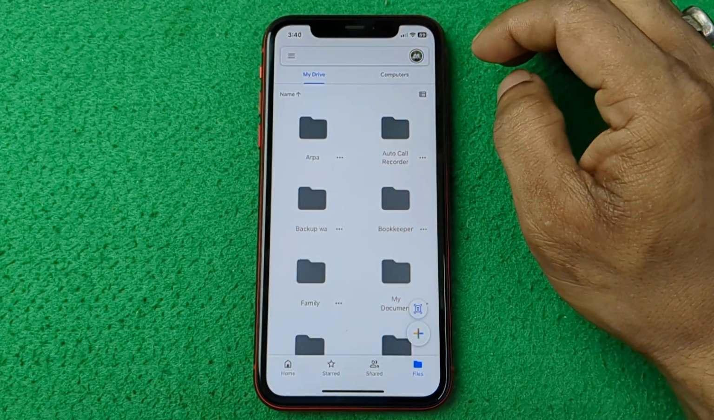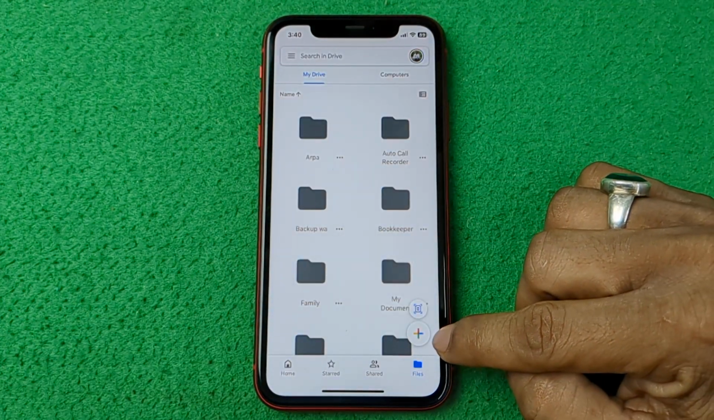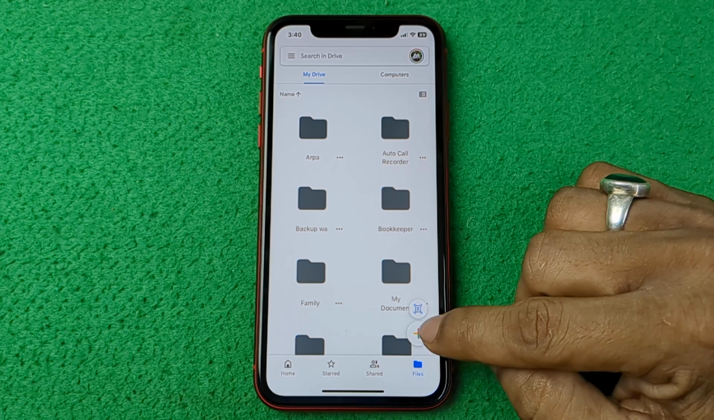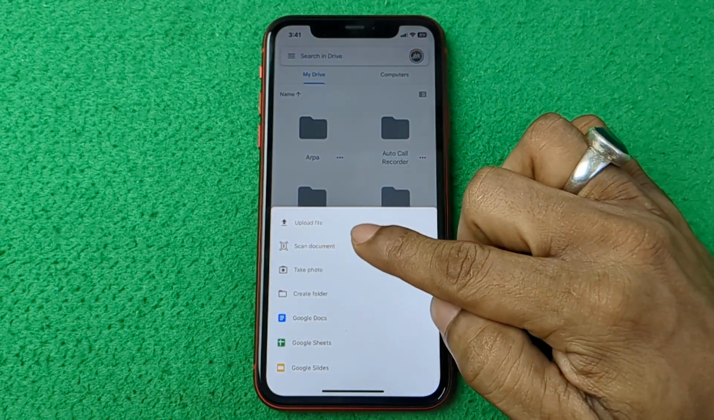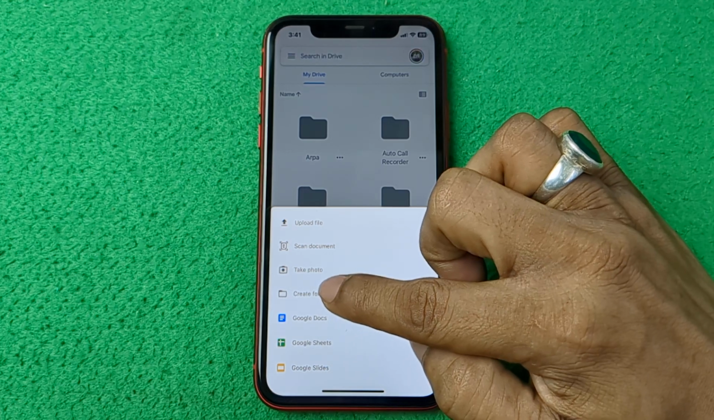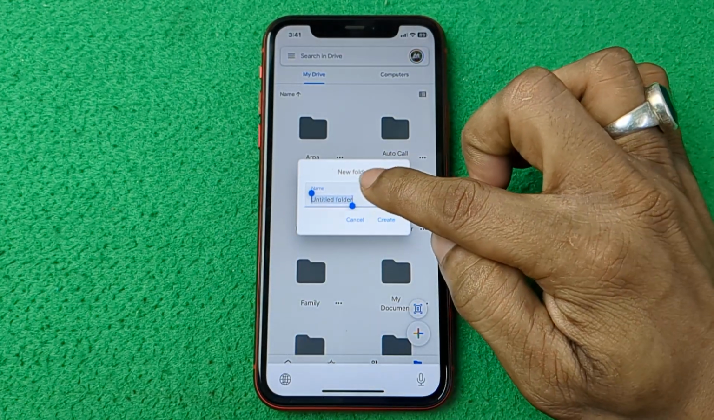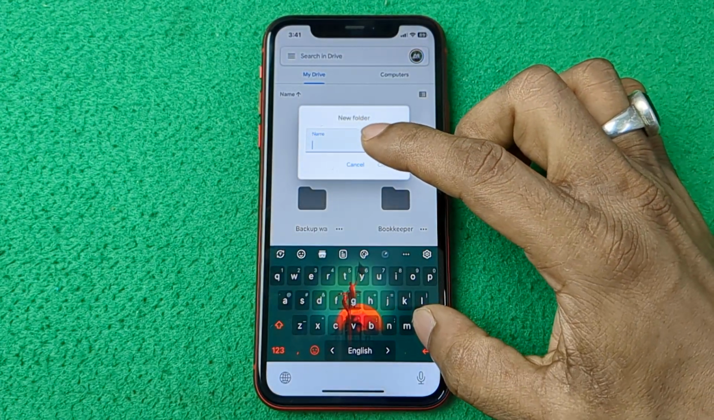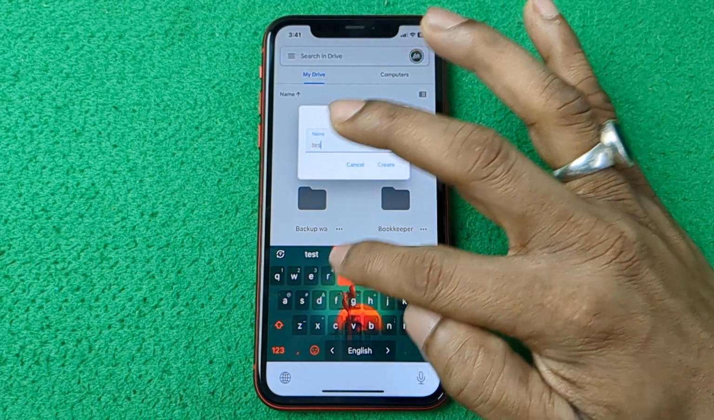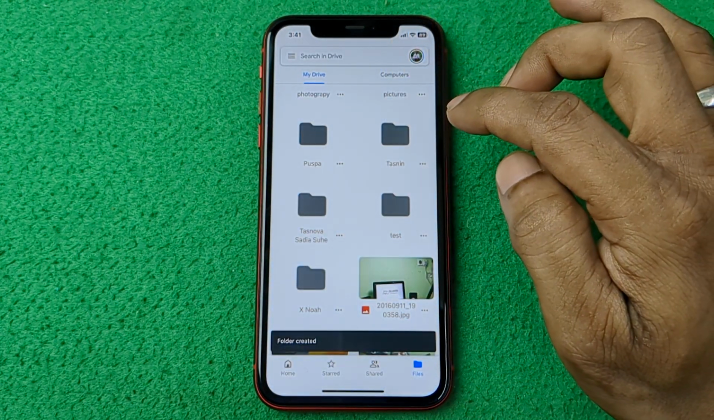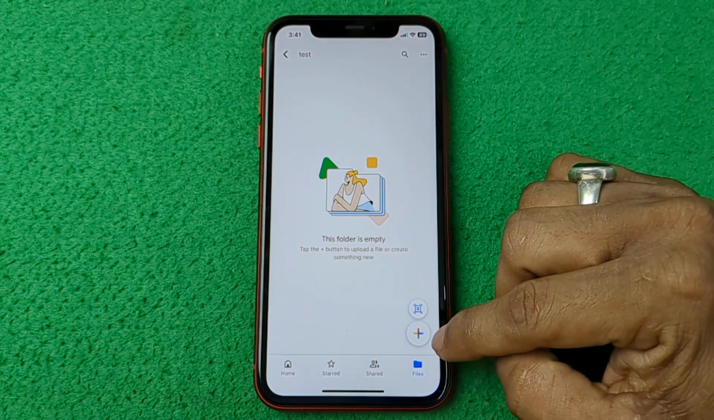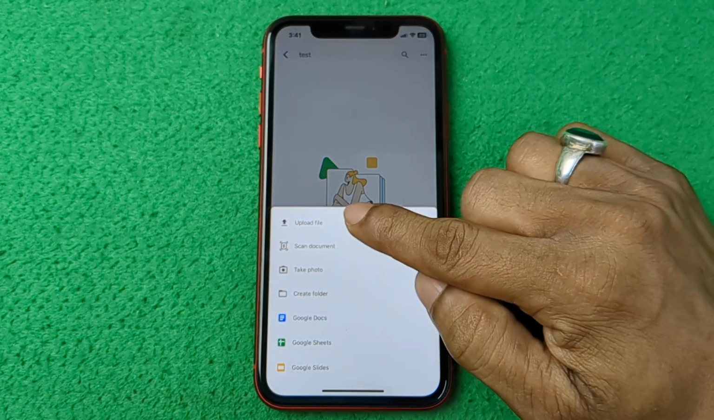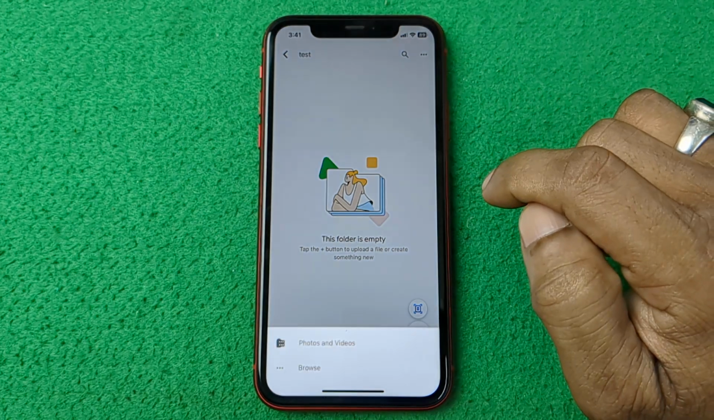If you have locked your Google Drive, then tap on the plus icon at the bottom, and as you can see here, there are lots of options. But the good thing is you can create a folder and name it just like that or anything else. Create the folder, then open the folder, and again tap on the plus icon and tap on upload folder,